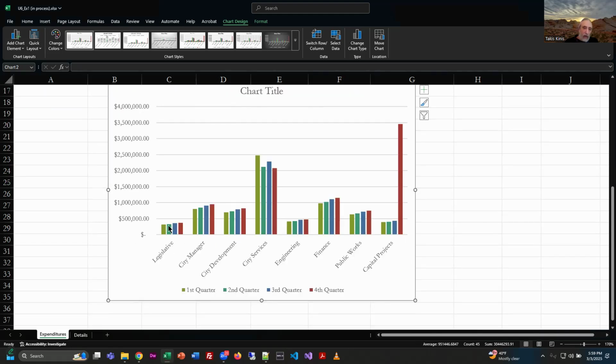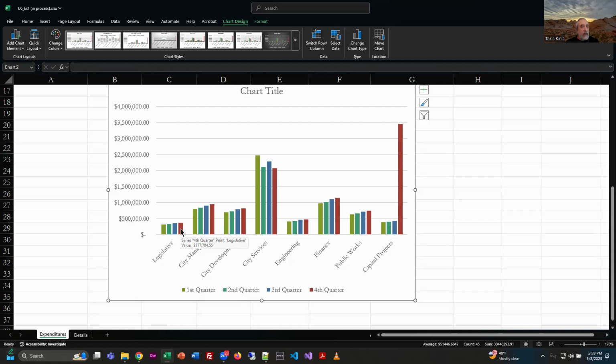But for me, when I look at, let's say this entry here for legislative, you can tell that as the quarters went on, first, second, third, fourth, the color coding is very clear. You can see that they kept spending more money. They never cleared $500,000, but clearly fourth quarter was more spending. I don't know how much more, it doesn't say exactly here, but notice if I hover, did you guys catch that about these charts? It gives you the data. It tells you how much it was,